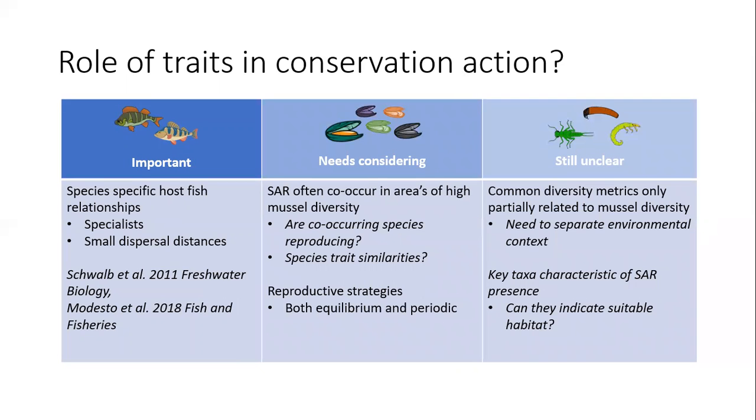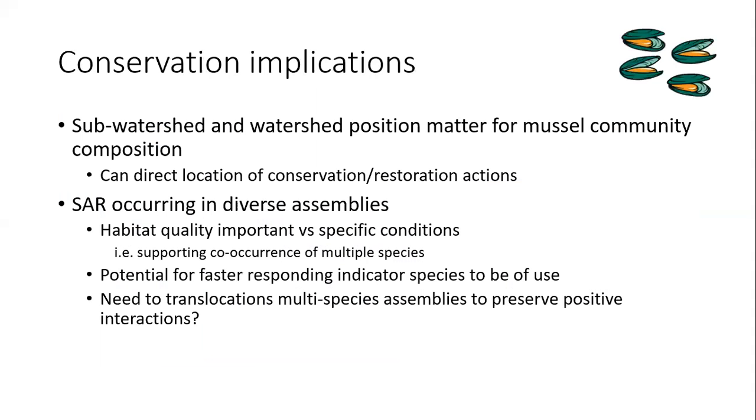And it's still unclear how much invertebrate traits relate to mussel species and assemblies, and so their role within restoration, as the mussel-invertebrate relationship appears dependent on environmental context. However, there's still key indicator taxa connected to the occurrence of species at risk, which suggests they could indicate suitable habitat. And so while I'm unable to clearly identify a key suite of traits to prioritize for conservation, this does start addressing some of the mismatches between research and practice that were evident from a separate systematic review of mussel restoration tools that's currently in review.